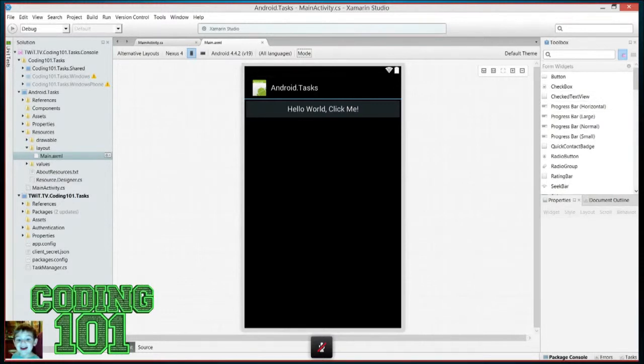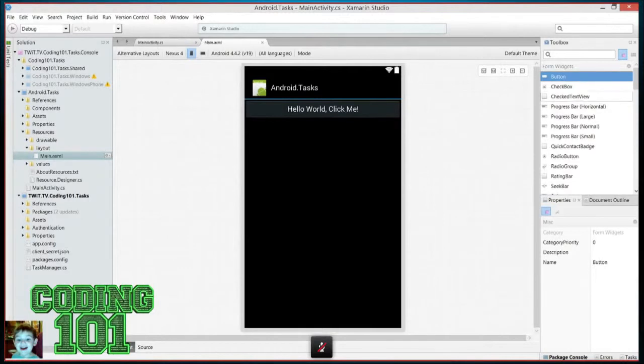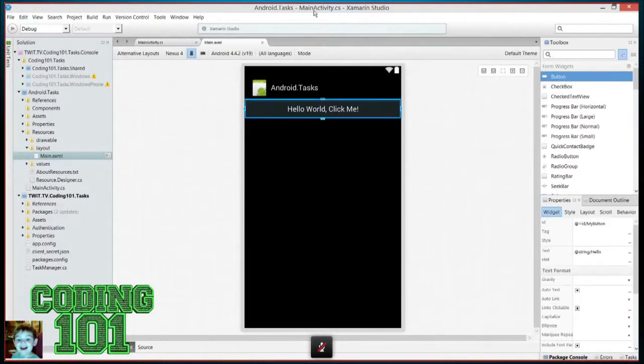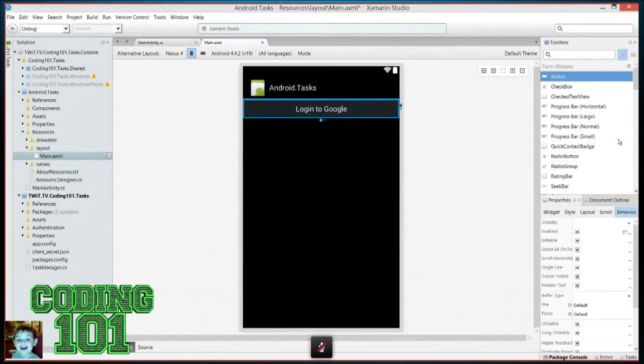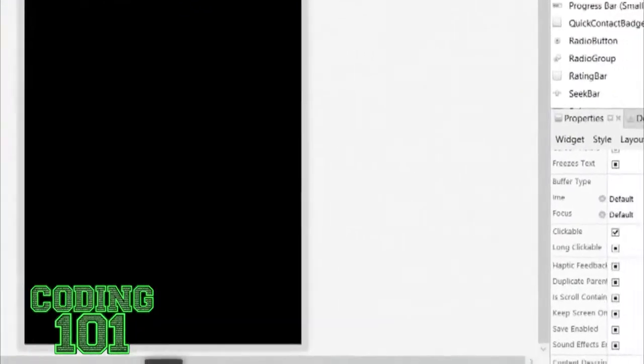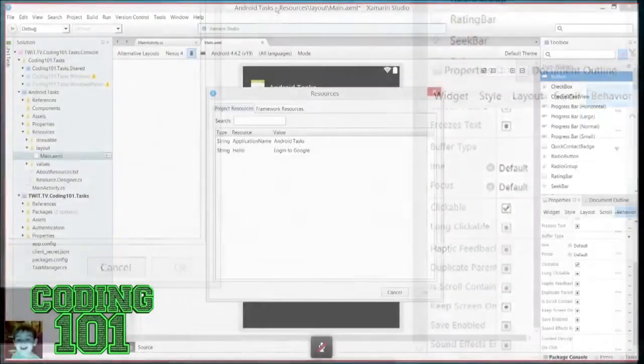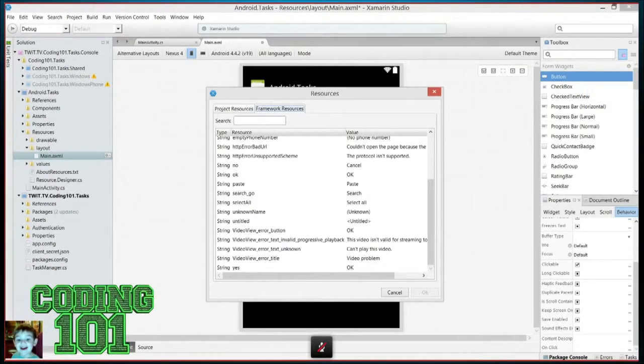Then what you notice over here to the right is you have a toolbox. So you can grab a button and drag it onto the screen. We already have a button here, and you'll notice that it says "Hello World, click me." So what I can do is type in log in to Google, and now I have that going on, and I can hook up an event to the behavior. Go click on behavior over here, and I can hook up the ability on the click event down here, on click, to, I apologize, it's kind of small, but I can hook it up to my tasks